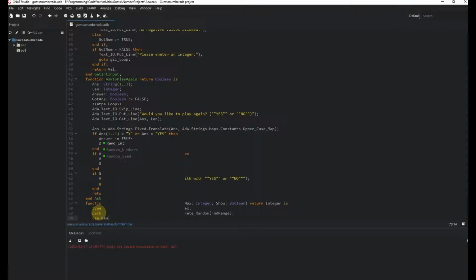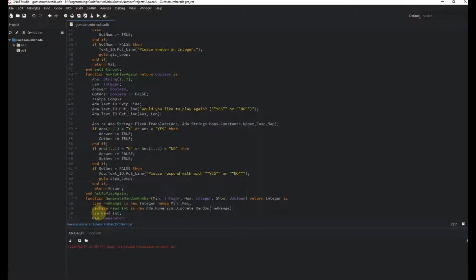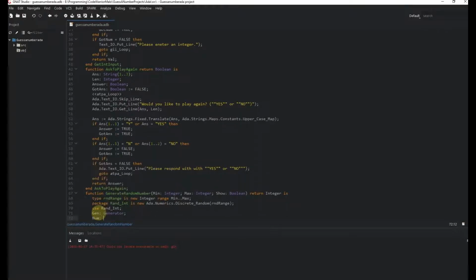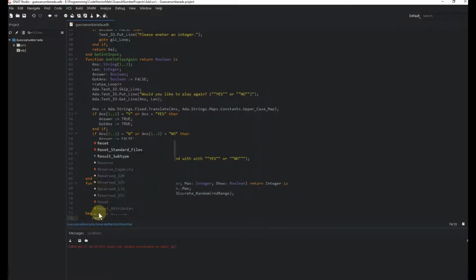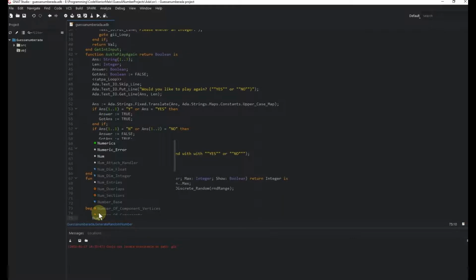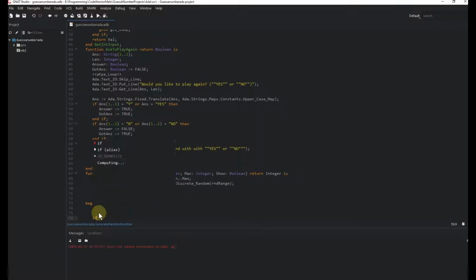Then we're going to have to use rand int, and then we are going to have a gen, which is a generator, and a num, which is our R&D range, and then we can begin. So we're going to reset our generator. We're going to say that num becomes random generator. We are then going to say if